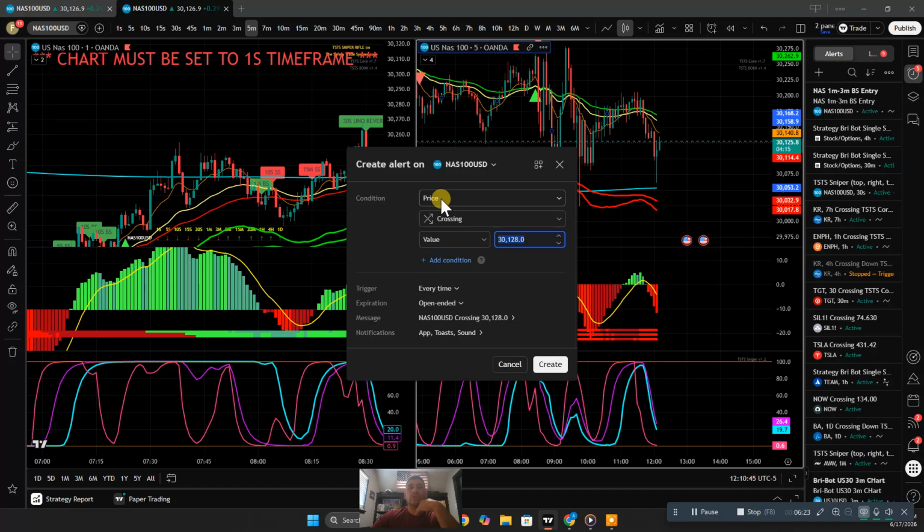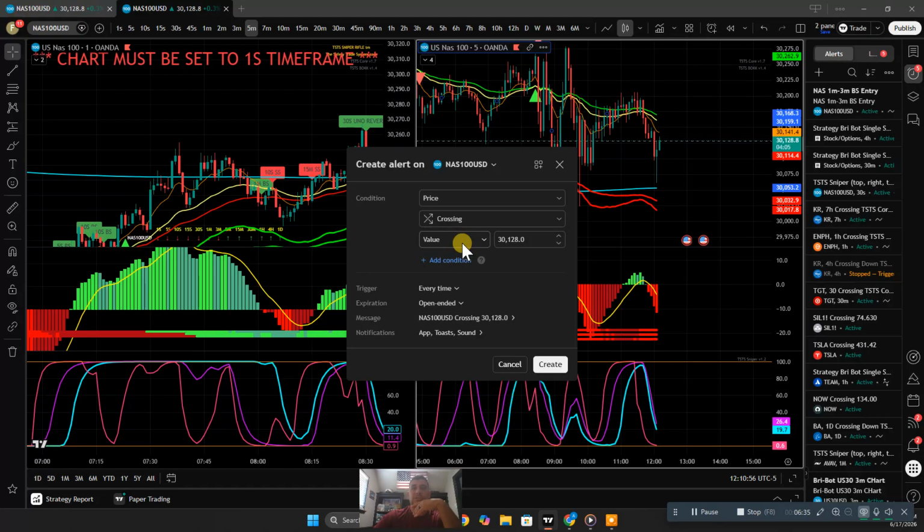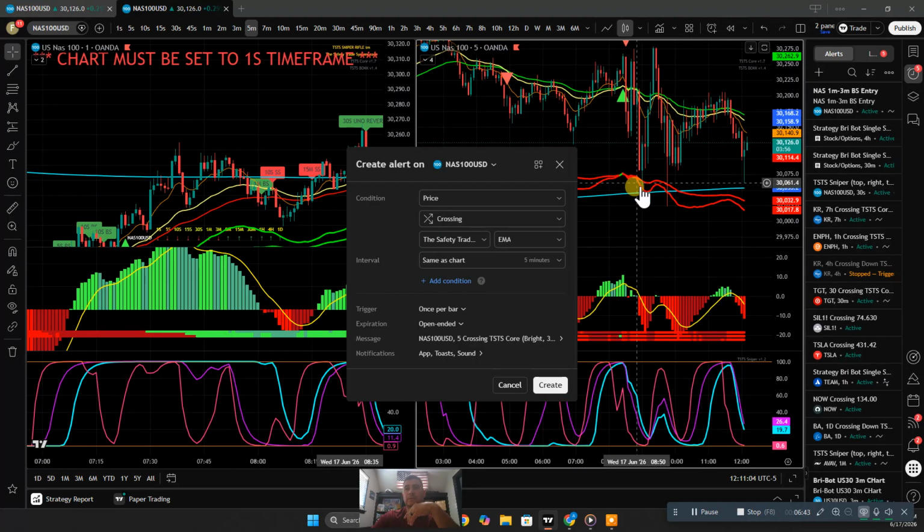What you're going to do is leave price, because we want to know when price is crossing. You can do crossing down, or just crossing in general. So anytime, maybe when it comes back up, let's just leave it as crossing. Then you go to your core system, because your blue line is a part of your core. Sometimes you can put